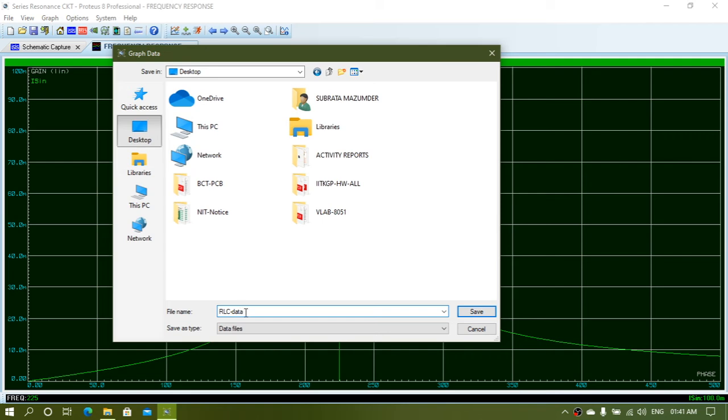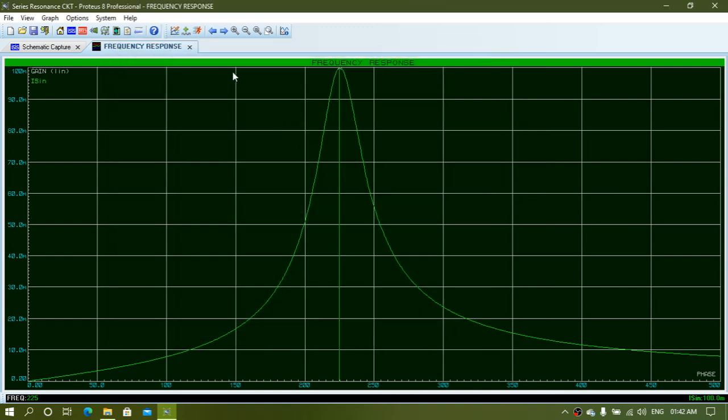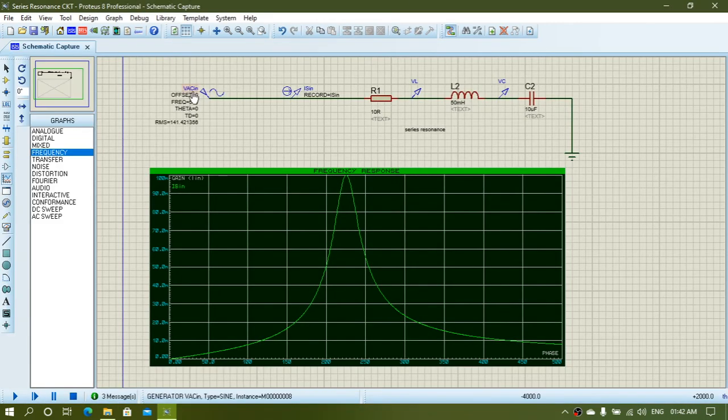but you have to mention here the extension name as CSV, otherwise the file will be in data form, so it will not directly open from the Excel application. So you will have to mention the extension name, which is CSV, so that Excel can find the file properties easily and save it. Okay, now up to here your Proteus tasks will be finished.